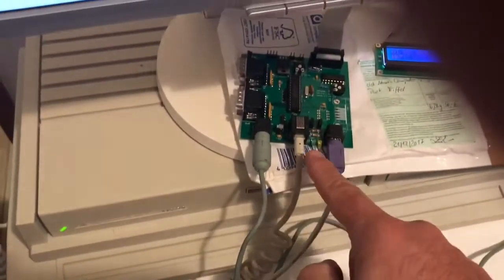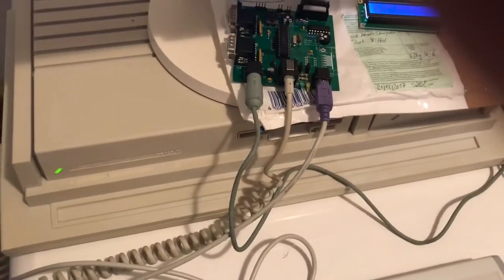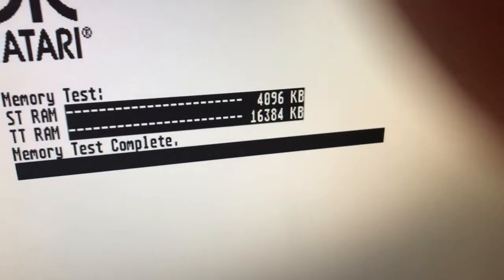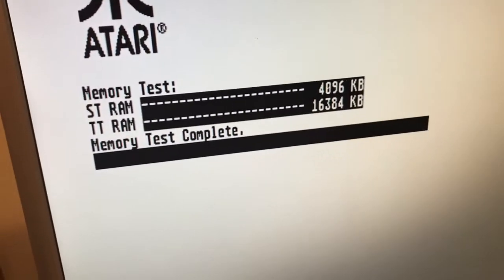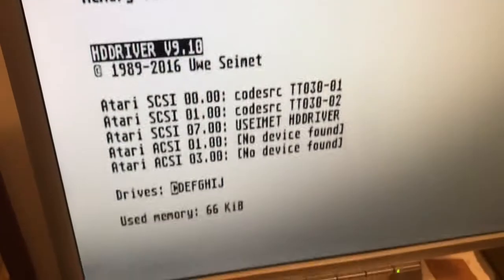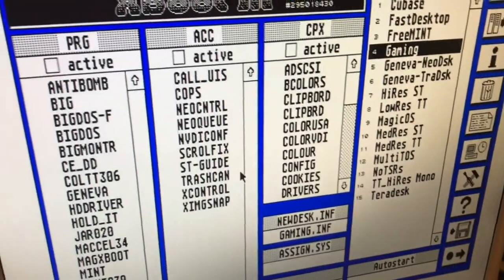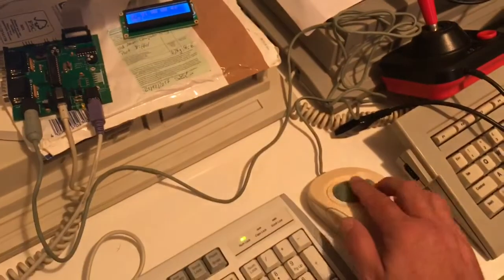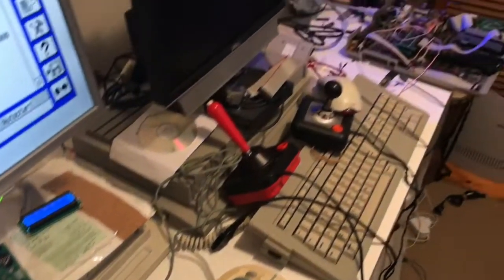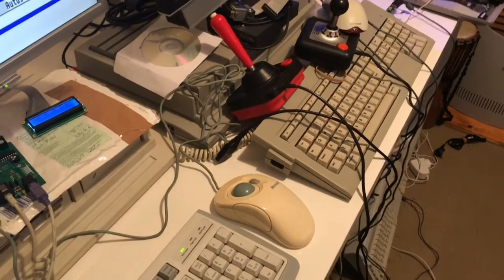You might have seen the activity lights flash up there briefly. I'm not sure what they represent. I'm sure it's in the manual. We can skip this, but in doing so, I'm showing the first proven example that it works. I've got Xboot as the default boot manager. As you can see there, to very briefly show the rest of my desk here, I'm pretty squeezed for real